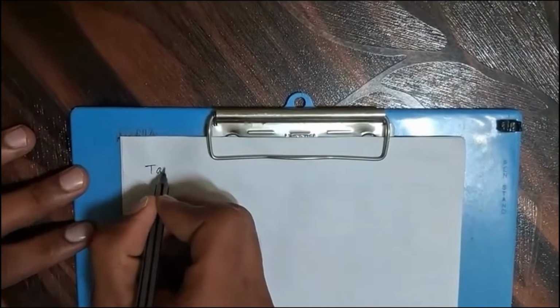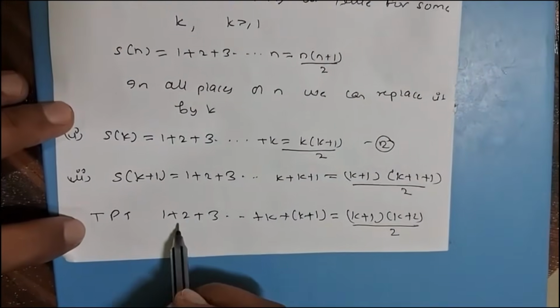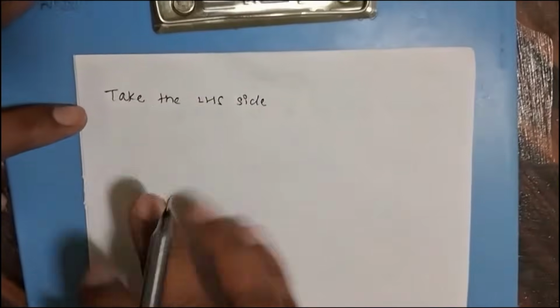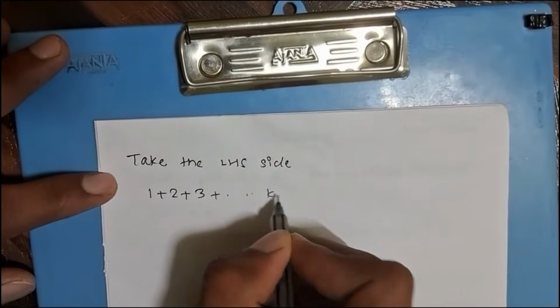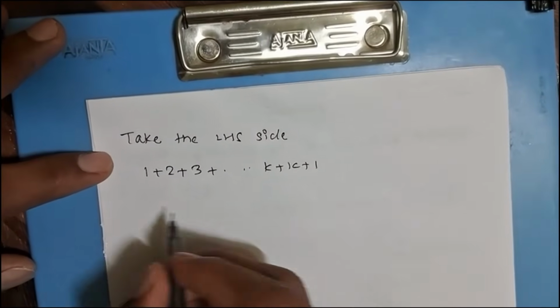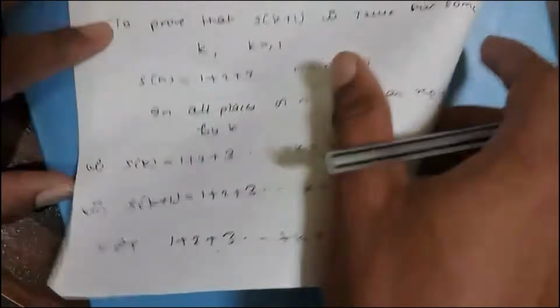So next step is, we take the LHS side. So LHS side is 1 + 2 + 3 + up to k into k+1. This is our LHS side. So first we take LHS side. So here 1 + 2 + 3 + up to k+1. This is our LHS side. From equation 2, from this equation,